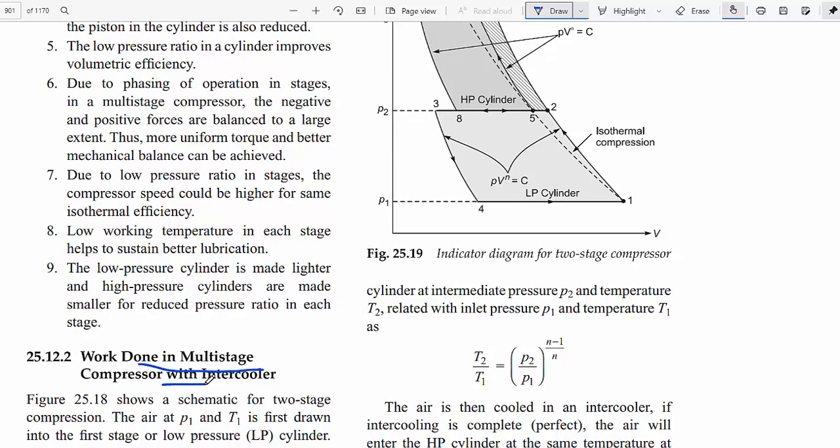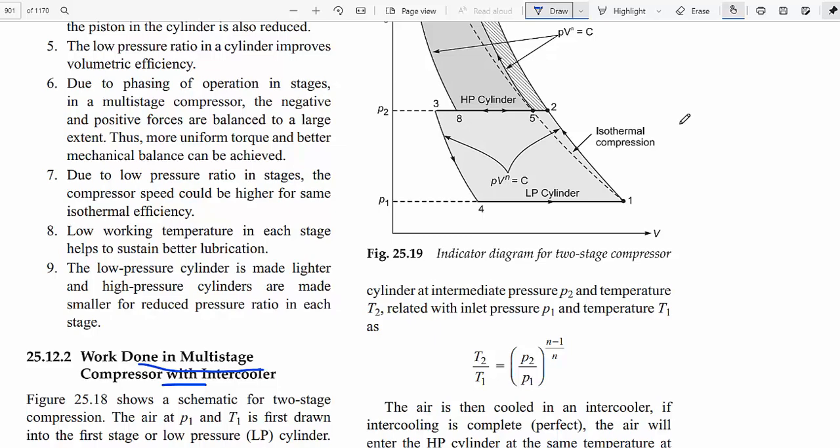Multi-stage compressor with the intercooler. Remember the steam power cycle, the reheating cycle, the Rankine cycle with reheat. There we have an HP turbine and an LP turbine, and in between these two we have a reheater. The purpose of the reheater is to heat the exhaust steam from the high pressure turbine and supply it to the low pressure turbine. But